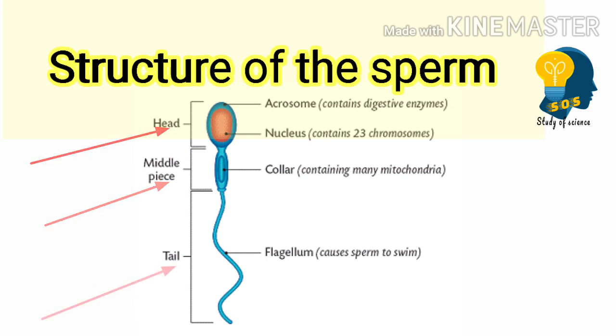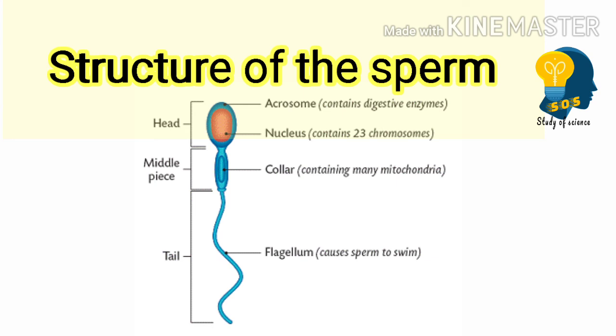What is the main role of the sperm? The sperms help in the formation of the zygote at the time of fertilization. Its main role is when the male and female fuse. There will be fusion of male and female, the sperms enter into the female and it forms the zygote. This is the main function of the sperm. As I told you, the sperm is smaller in size, it contains a single cell, and it also contains all the cell components. Please remember, compared to the human female cell present in the female reproductive organ, the sperm is smaller